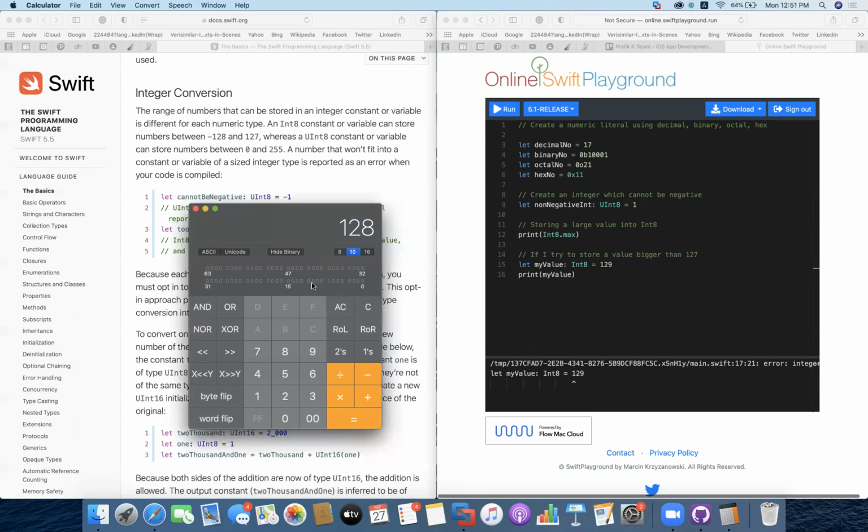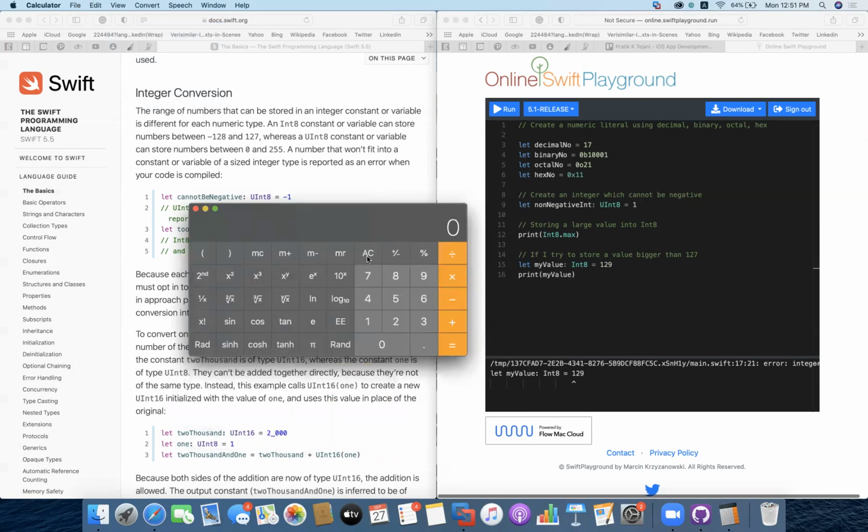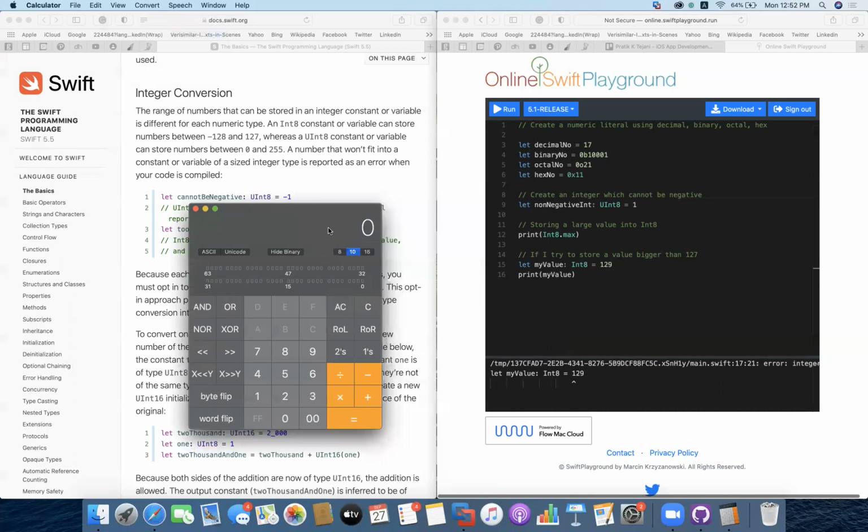Similarly, when we go to a 16-bit integer, 2 raised to the power 16 will take you to, I think, a value of 128, 256. So you won't be able to store a value above 256 in that.